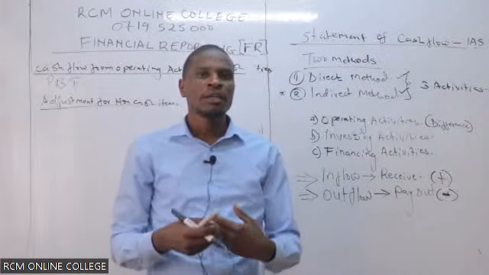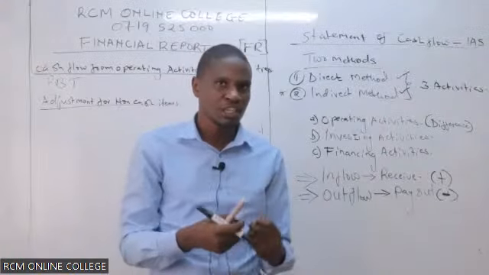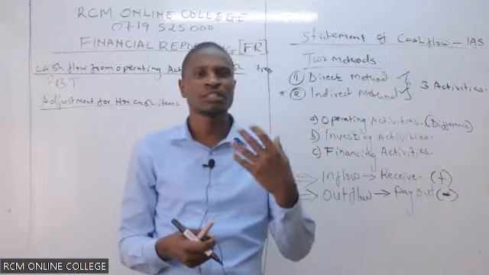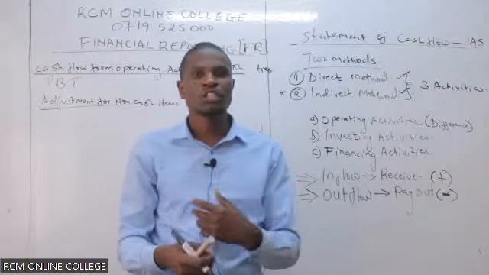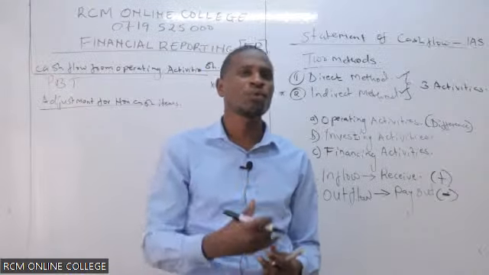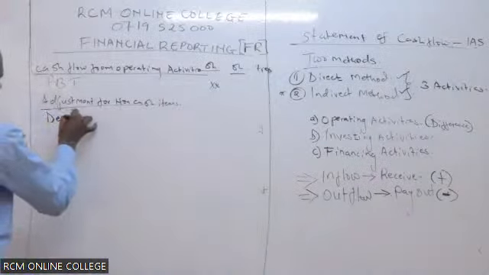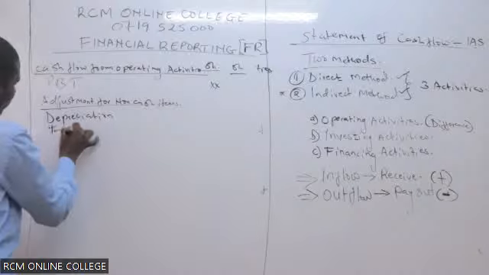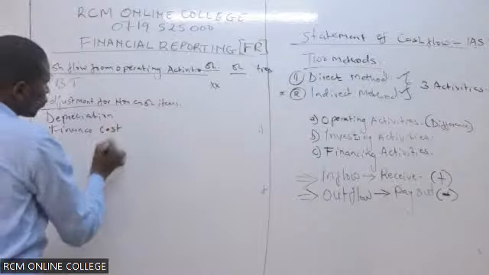Remember, every company has a different way of providing for depreciation, and therefore that is a provision item. You can see some people say depreciation was 25% of the PPE, depreciation was 30%. It was provided. So that one is not the actual depreciation, and therefore we refer to those items as non-cash items. So depreciation will be one of the non-cash items. Then we have finance costs. Still, finance cost or the interest charge on loan is also a non-cash item.